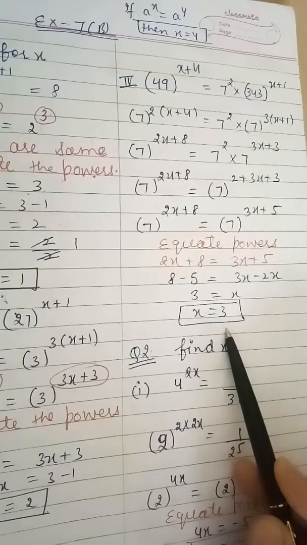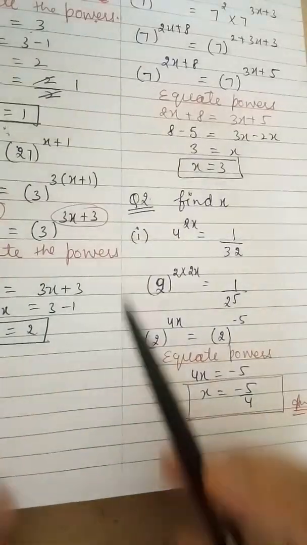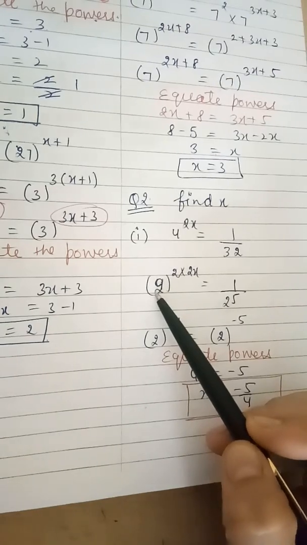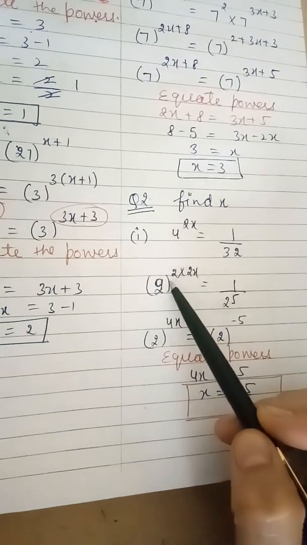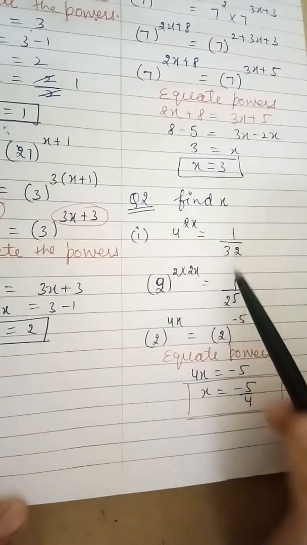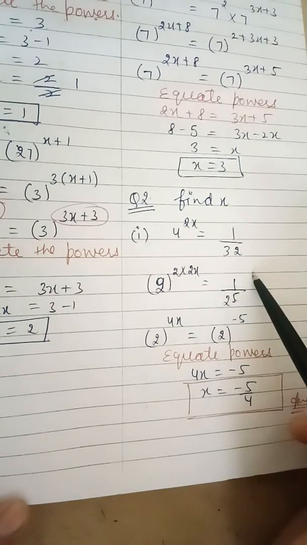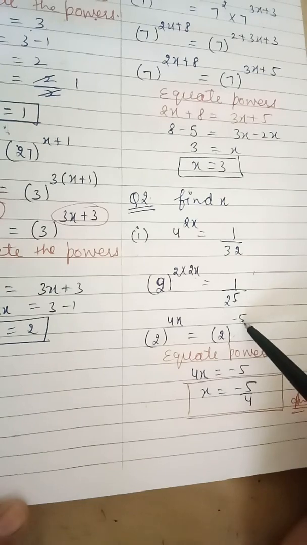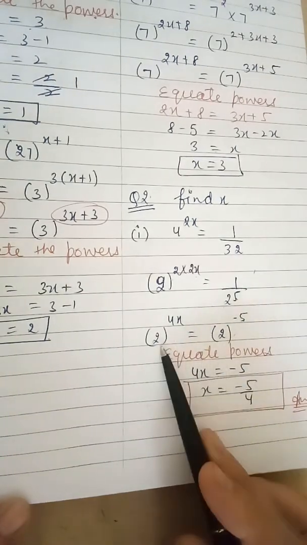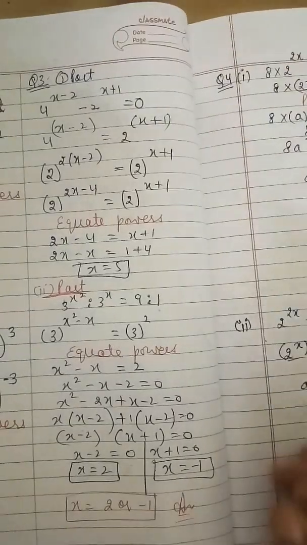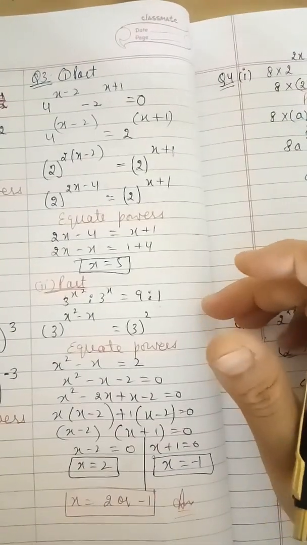Similarly in the question number 2 also, find x. So simply we can calculate 4 raised to power 2x. We can write minimum base is 2 raised to power 2 into 2x, and 32 is 2 raised to power 5. So this 2 raised to power 5 you will write in the numerator, so power will be negative. Now bases are same on both the sides, we can equate the powers, so x will be 5 by 4. Similarly we can solve its other parts in the same way.